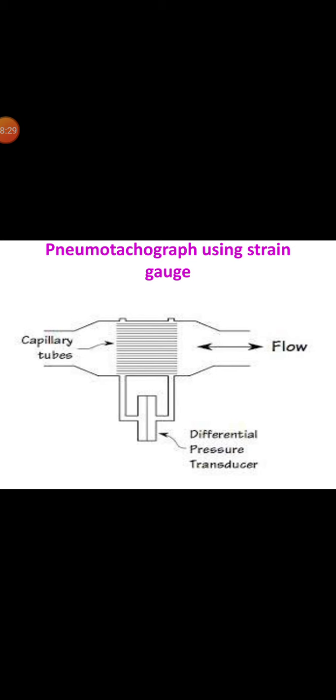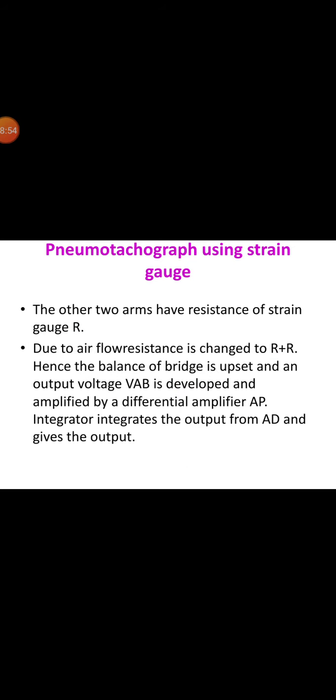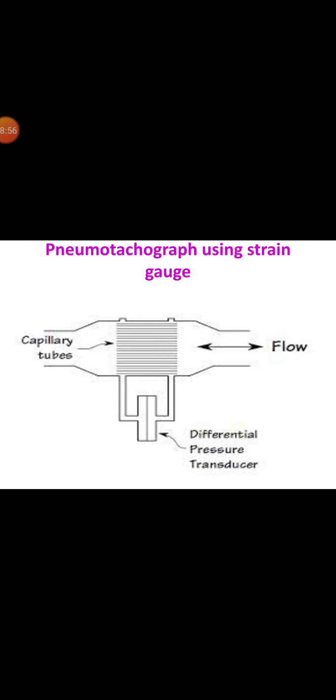And in using the thermistor method, generally there is a temperature difference between inspired and expired air. This temperature is sensed by placing the thermistor in front of the nozzles, and the thermistor is placed using a suitable stand. The thermistor is connected with the bridge circuit, so the unbalanced signal is amplified to get the respiratory activity. While using the impedance method, this impedance method can be used as an indirect method of measurement.